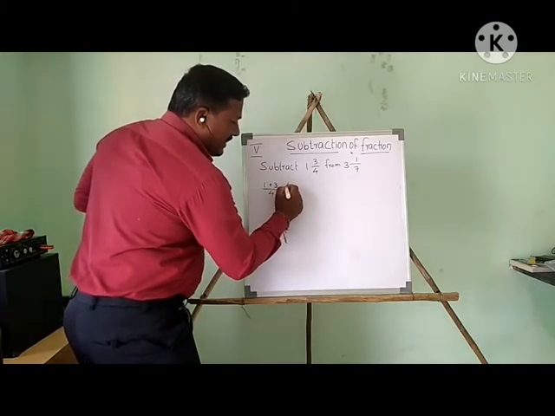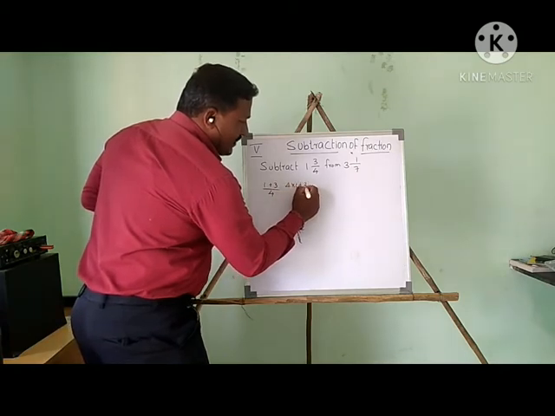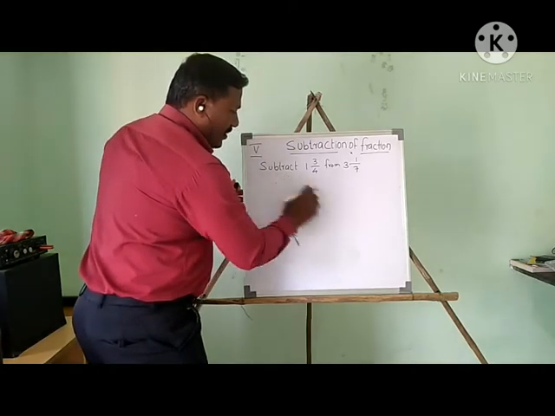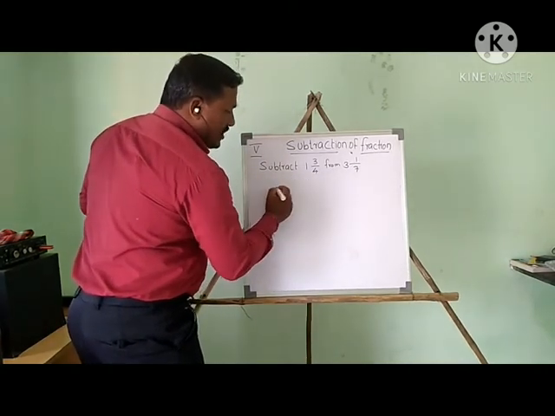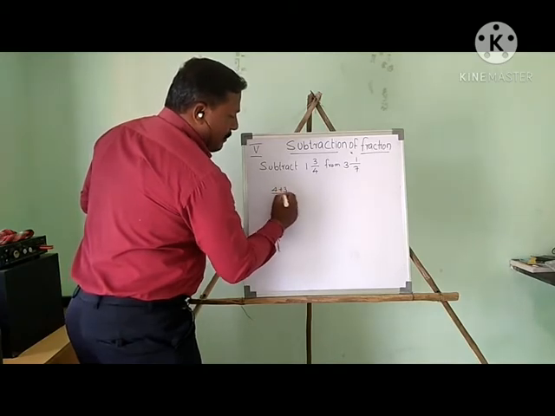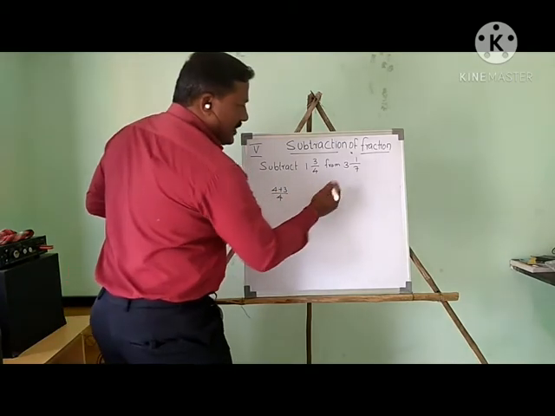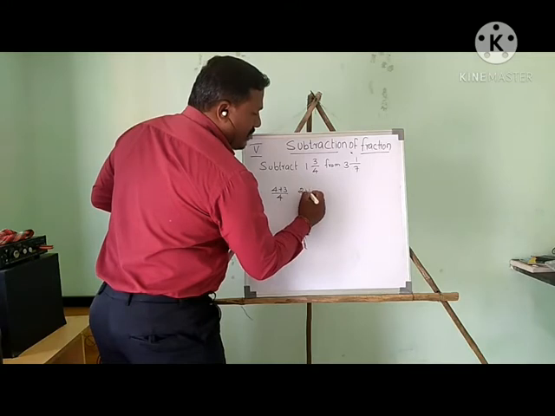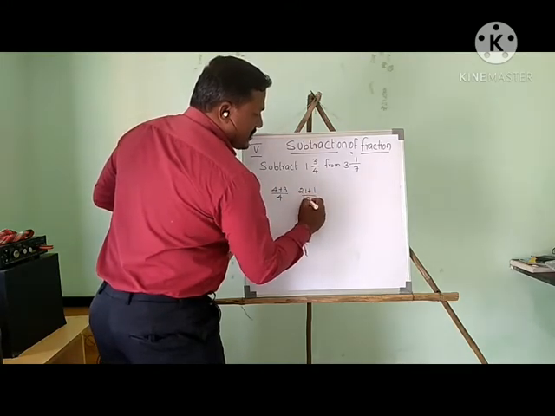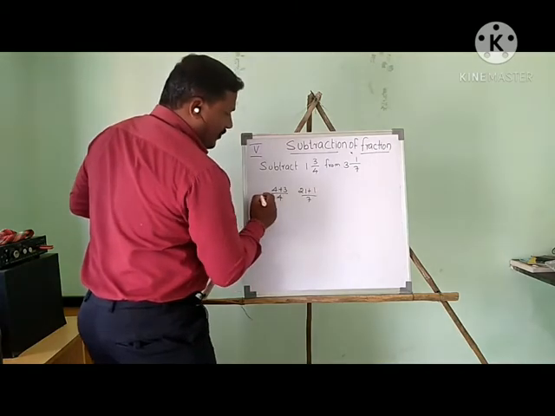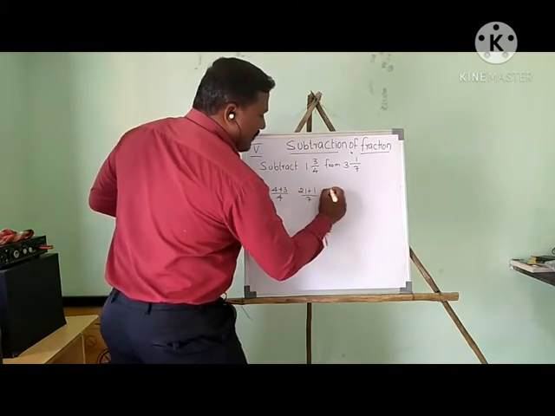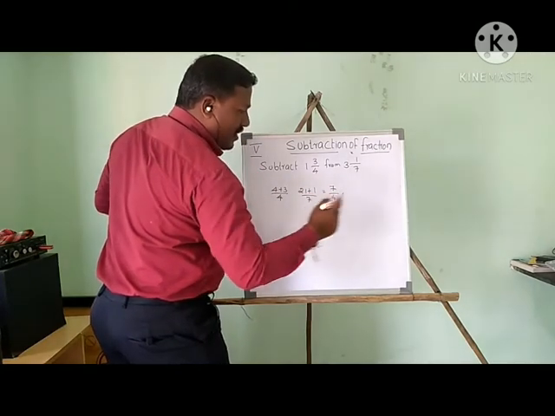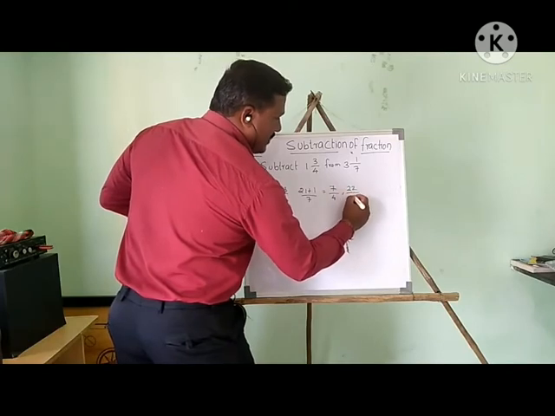Okay. So we can write like this: 4 into 1 plus 3 upon 4. We can write like this, but I will write shortly. 1 4 is 4 plus 3 upon 4. And this 7 into 3 is 21, 21 plus 1 upon 7. If you add 4 plus 3, 7 upon 4; 21 plus 1, 22 upon 7.